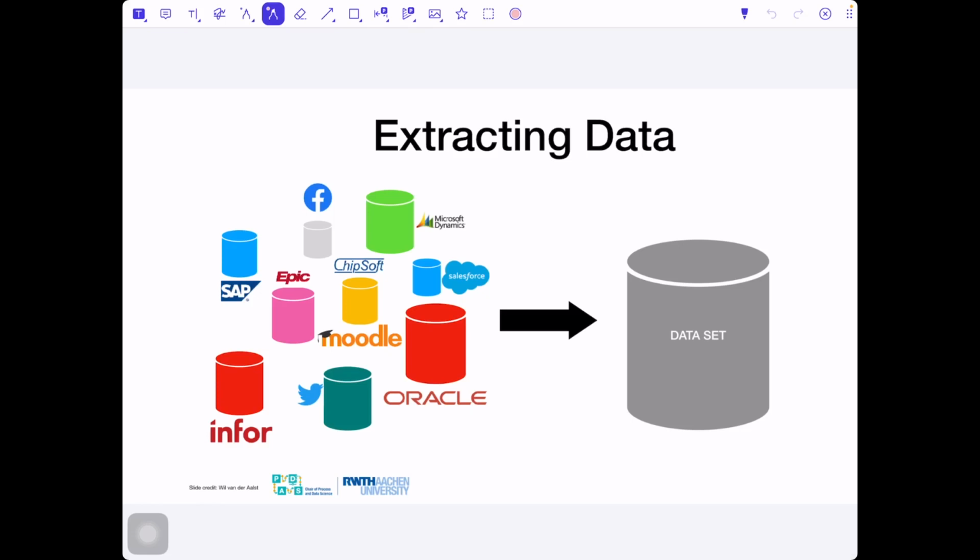If you look at a system like SAP, it will be 10 or 1,000 tables. And if you go to a hospital information system like Epic or ChipSoft, then in this information system you will find 1,000 tables filled with patients' information, and that could be spread across different systems.